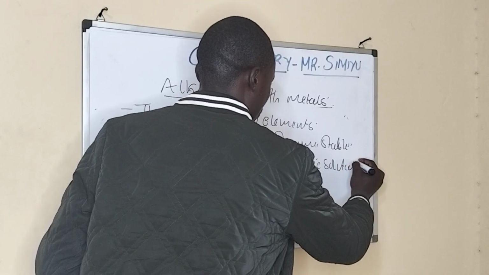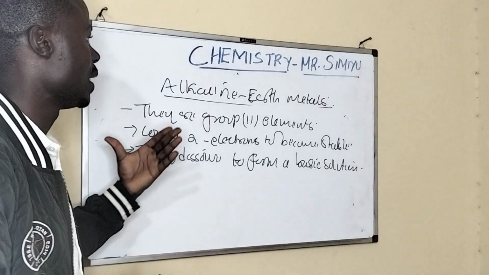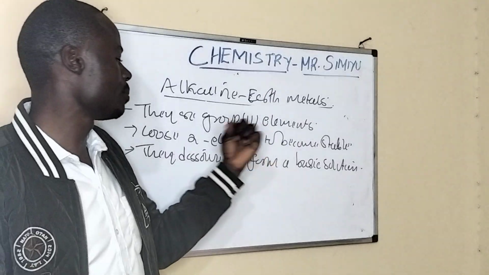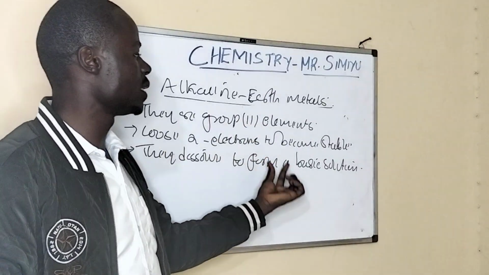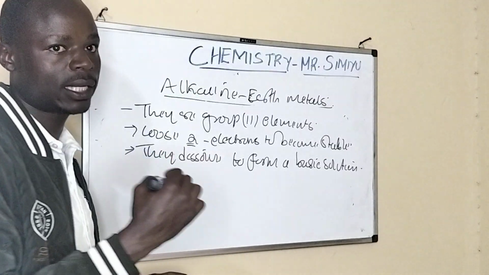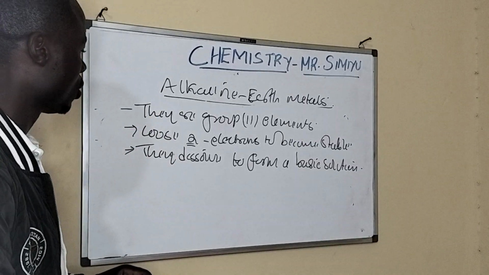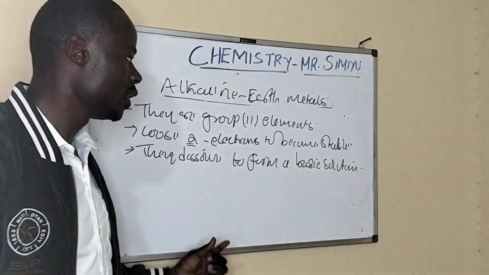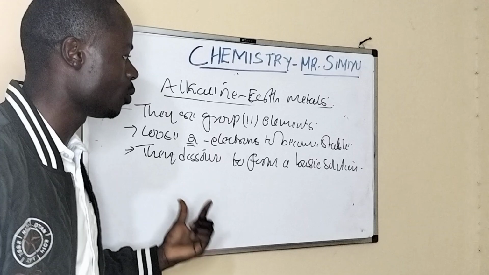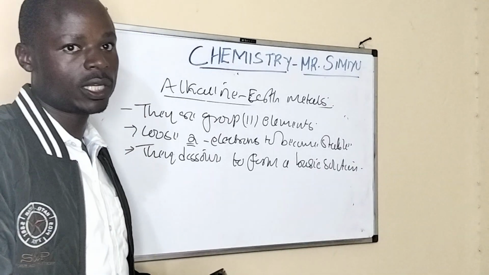So these are the small characteristics of alkaline earth metals. They are group 2 elements. Number 2, they lose 2 electrons to become stable. They dissolve to form a basic solution. So you will find that these metals have similar characteristics. For example, all of them lose 2 electrons to become stable. Number 2, when they form an oxide, they dissolve in water, and we have said slightly, because they are earth, slightly dissolves in water to form a basic solution. And you will find that these metals are less reactive